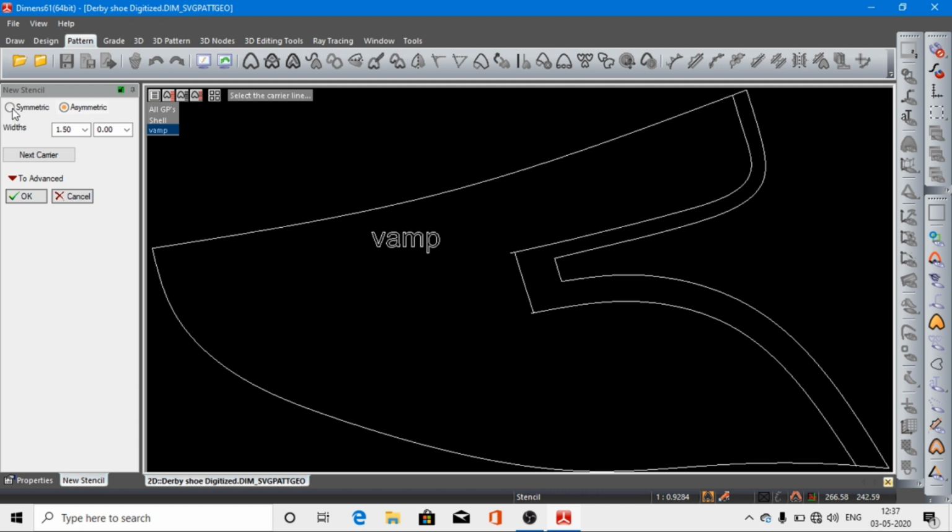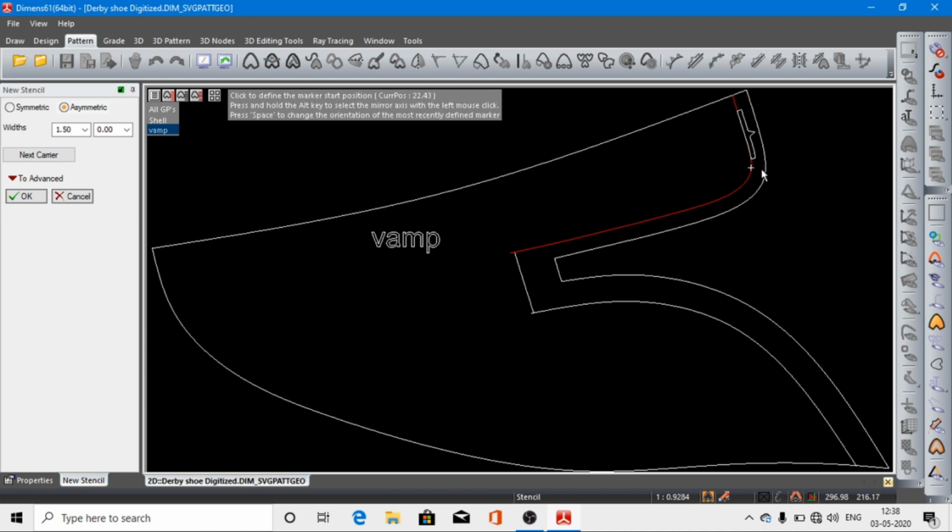If you go to the symmetric, when you start stenciling, you will see that the marking will appear on both sides. So we don't want the symmetric option, we want asymmetric and one-sided. So like this you will select